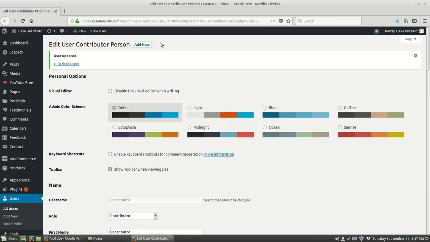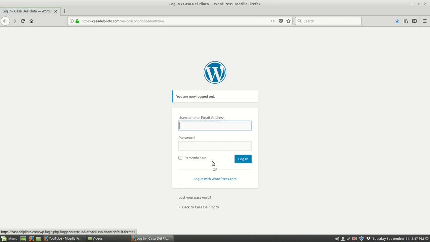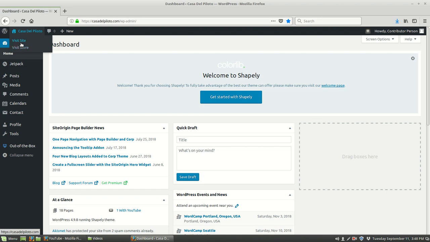Now we should be able to log in as the contributor and be able to see what we can see. So let's go ahead and log out. And then we'll log in contributor. And the password that I just copied should get us in. So now we're logged in as a contributor. And if we view the website,